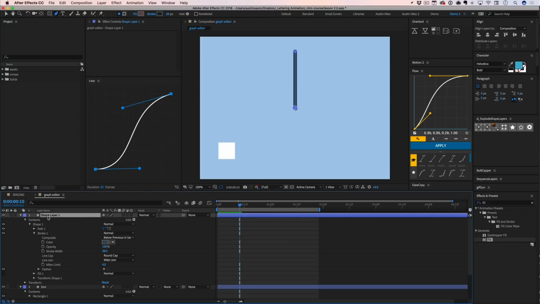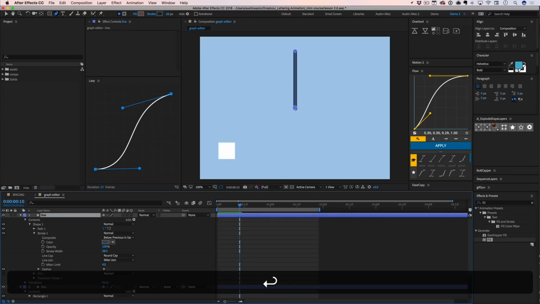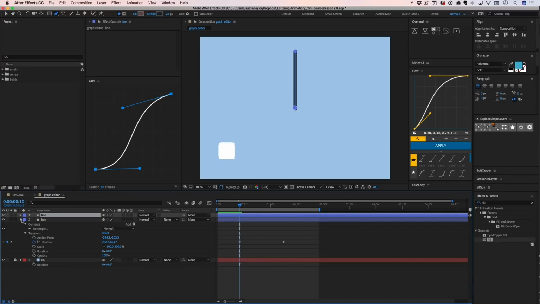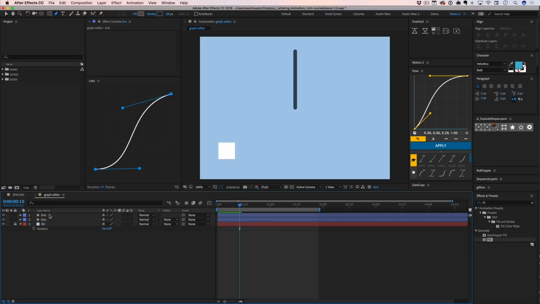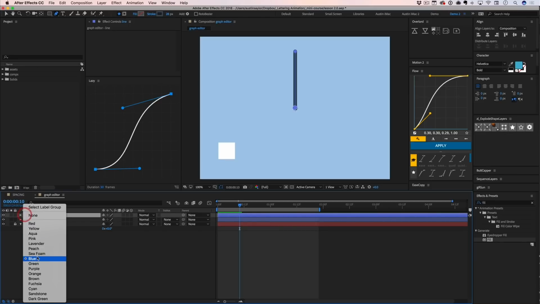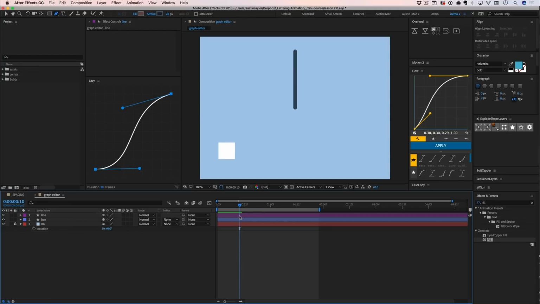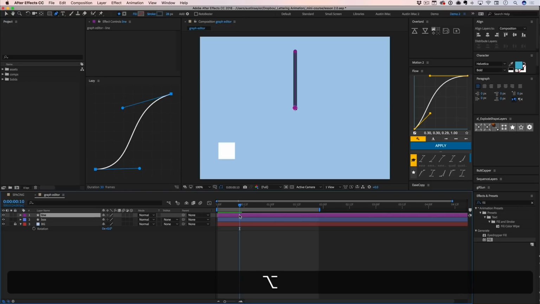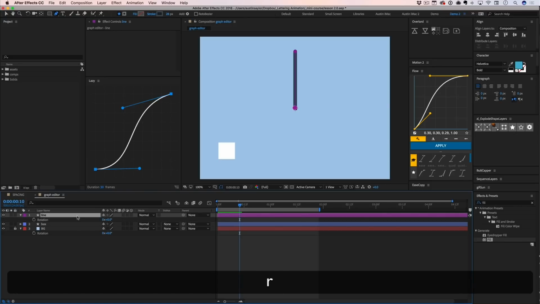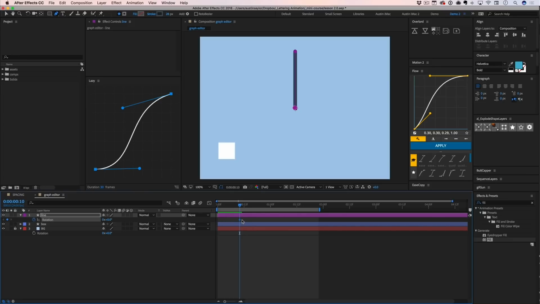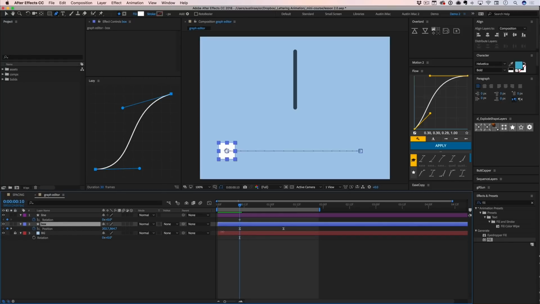And let's call this one line. Not getting creative with the layer names. We want to be able to see what they are. And I'll go ahead and give it a different color. Let's make this one purple. Cool. And this one, I'm going to animate the rotation. If I hit R, it brings up rotation. If I hit Alt R, it gives me the keyframe. That is super handy. And clicking on this box, if you hit U, you'll see the position keyframes pop up